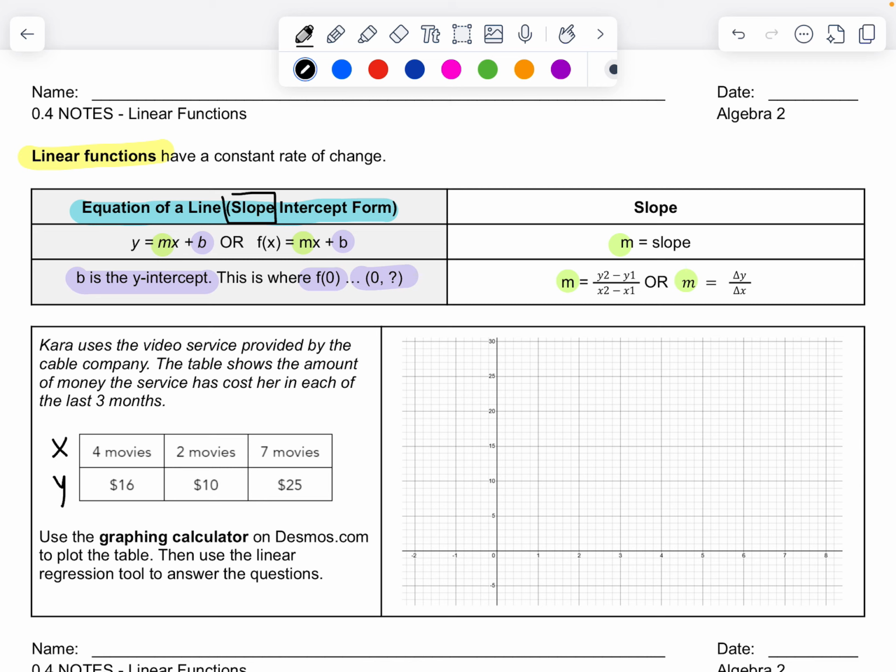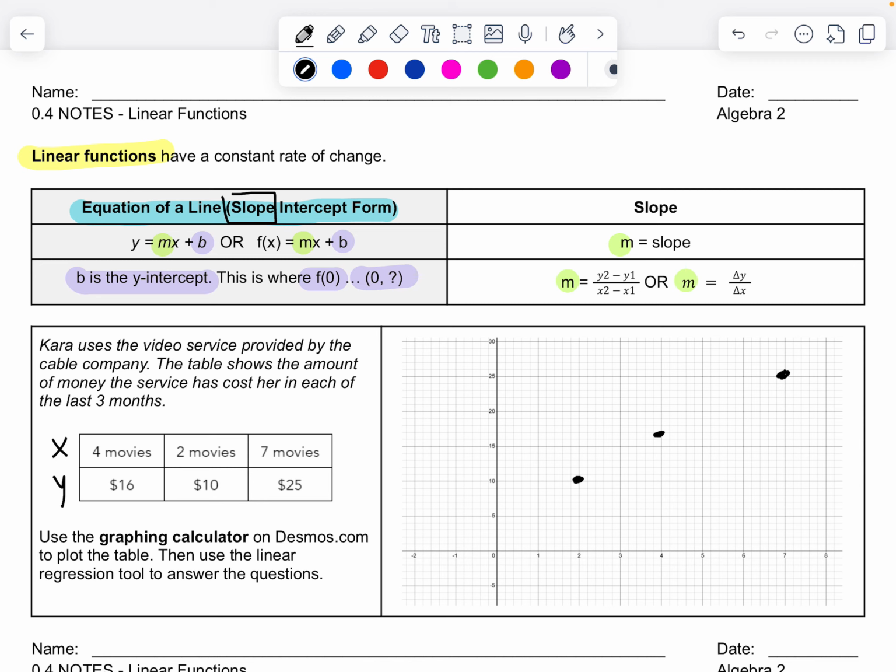I could go and make those into points, right? Technically, if I'm on a graph, 4 and 16, right about there, 2 and 10, right about there, and 7 movies for $25, right about there. And I could talk to you about graphing those points, finding the change in Y and the change in X. For instance,